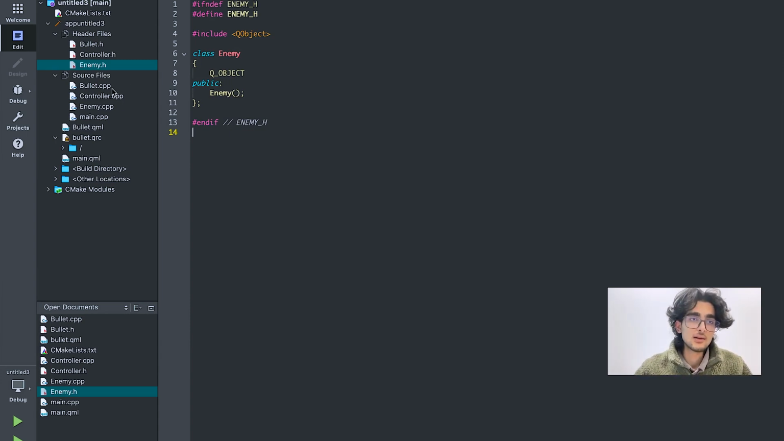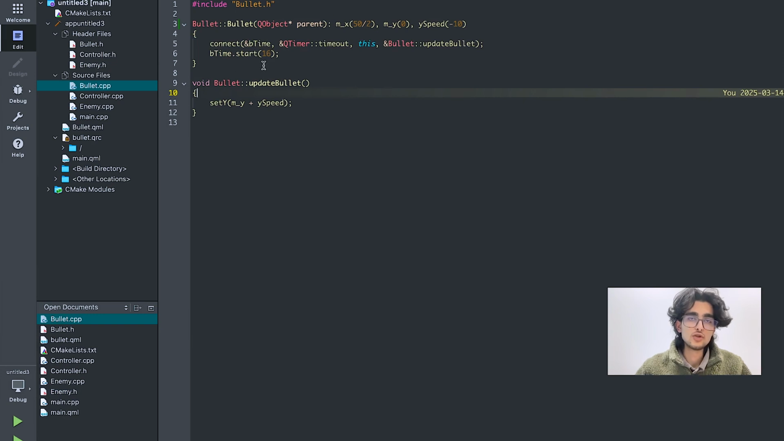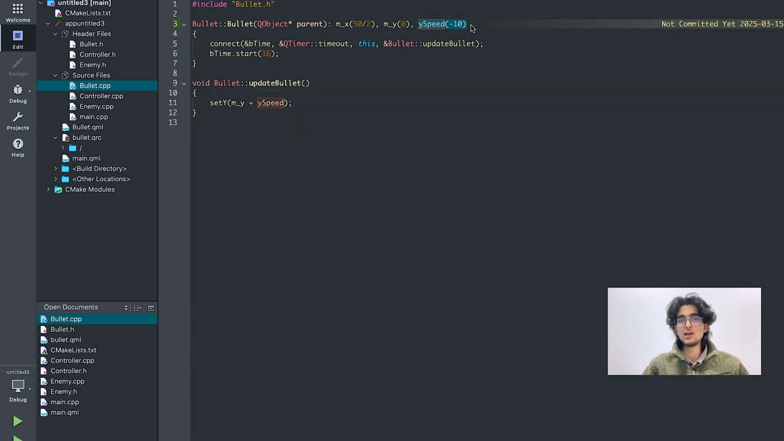So just how we implemented our bullet to move upward, right? It was going upward because the y speed is -10. But what if this bullet started from the 0 coordinate at the top and then the y speed was 40? Then this bullet would move from top to bottom, right? So we can do the same implementation